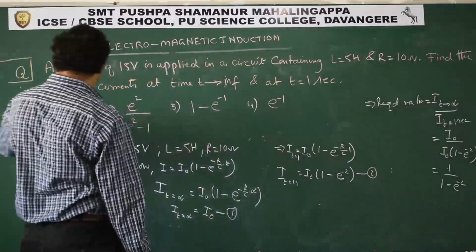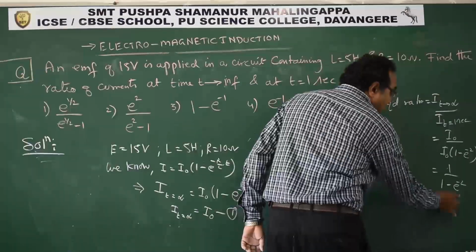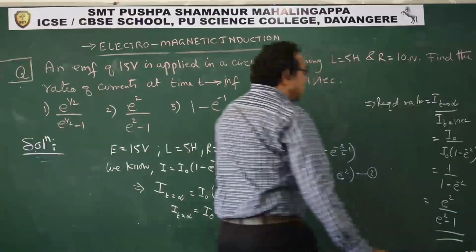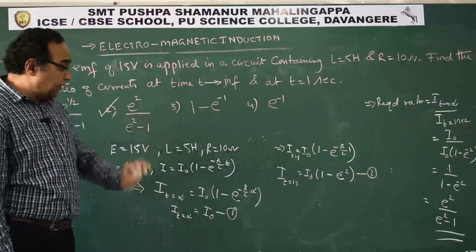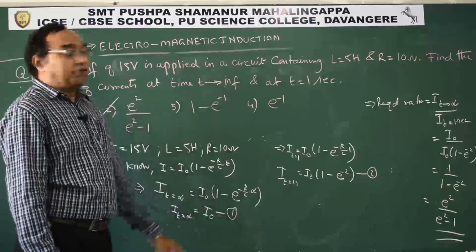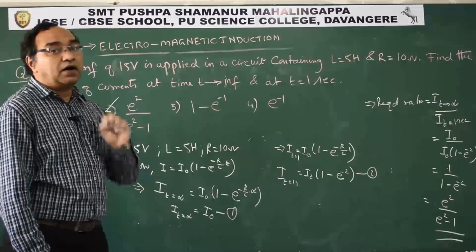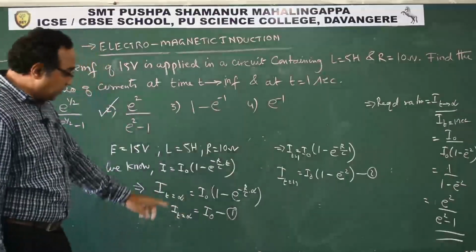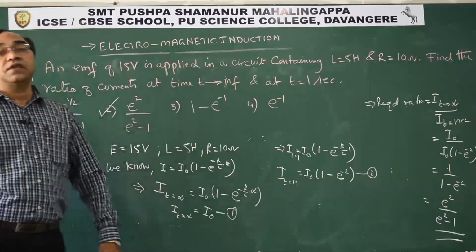Now see the choices. Well, we are not having anything like this. We need to convert this negative power into positive power. So you will get this as e square upon e square minus 1. This is exactly the answer we are getting. So second choice. Here the only twist involved in the question is this one. Please try to understand how to evaluate whenever we get infinity as powers. Please understand negative power means reciprocal. Use that concept and you can easily solve such questions.